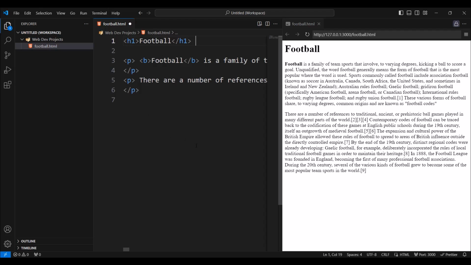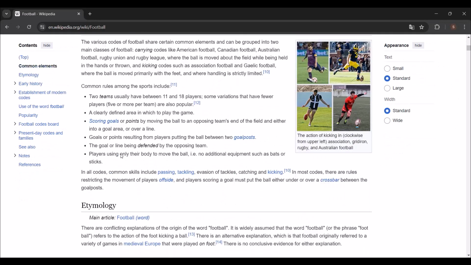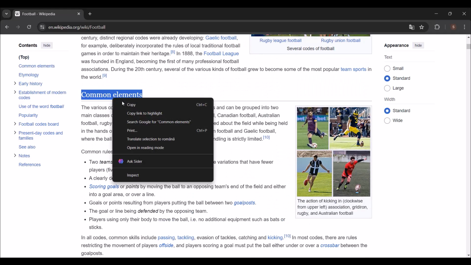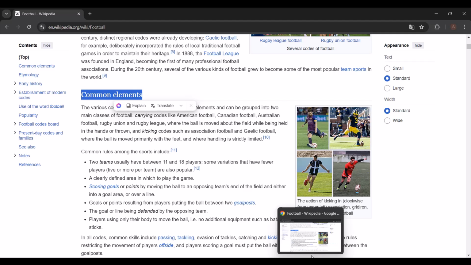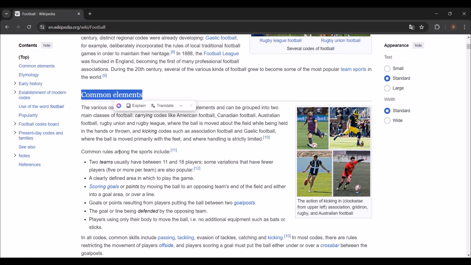Now let's add the H2 heading. So let's open the browser. Let's copy this, common elements. Alright, I'm gonna go down here and I will type here H2, and I will put this, common elements. Let's put another H2, so I'm gonna go here.